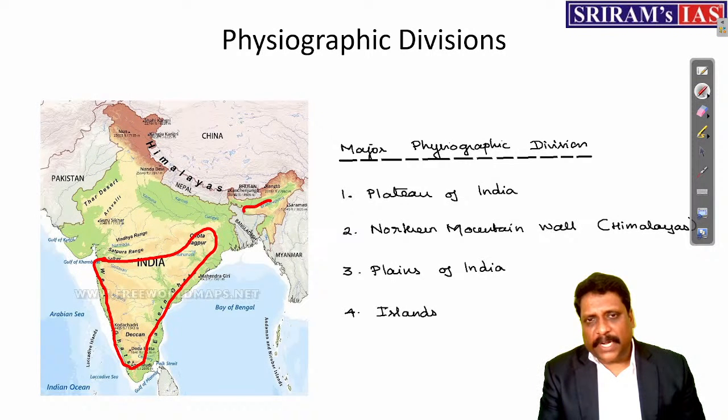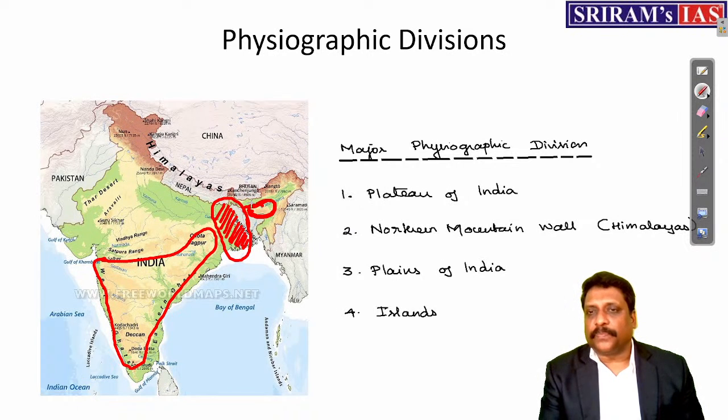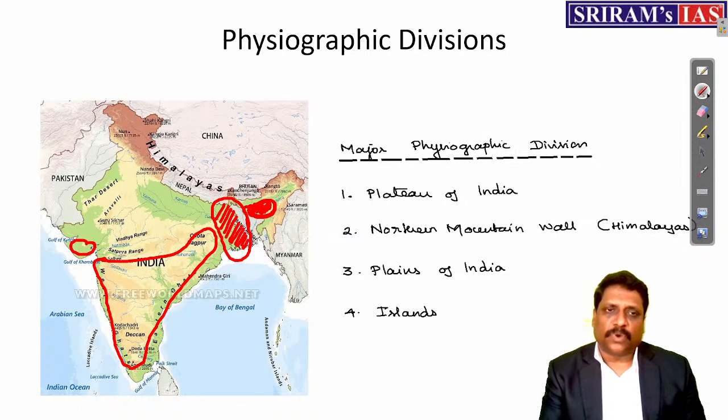The extension of this plateau in the northeastern states, see, for example, even West Bengal and Bangladesh also, I understand, is an extension of the plateau. But only thing is that you had a fault called the Malda fault. So the Malda fault is the one which separates the larger peninsular plateau and the northeastern plateau, or what you call the far eastern tableland. Okay. So I can take it as an extension, and here again the Gujarat plateaus also I can take as an extension.